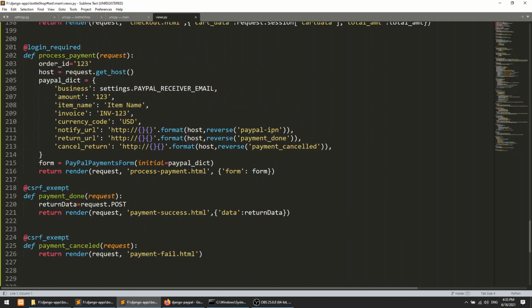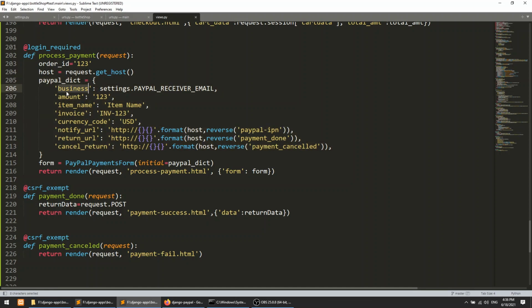This is our order ID. Because we are not inserting the data in our table currently, but we will insert in the next video. We will create the order and all the things, and we will get this order ID from our database. Currently I have defined this as just a number. Host is our current host, and this is the data that we need to send to the PayPal form.